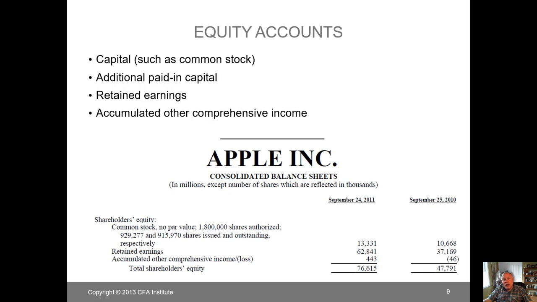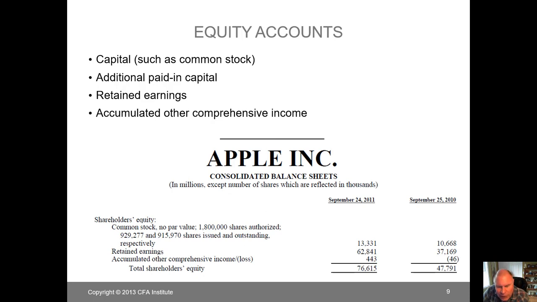Then there's retained earnings. These are earnings that the company has not distributed to shareholders in the form of dividends. So each year the earnings come in, they add to the capital of the firm unless the firm pays it out. Then, in a true accounting sense, we have to throw another one in here: accumulated other comprehensive income, which is net income plus some adjustments.